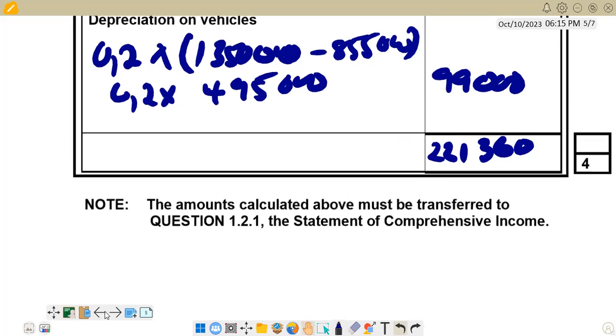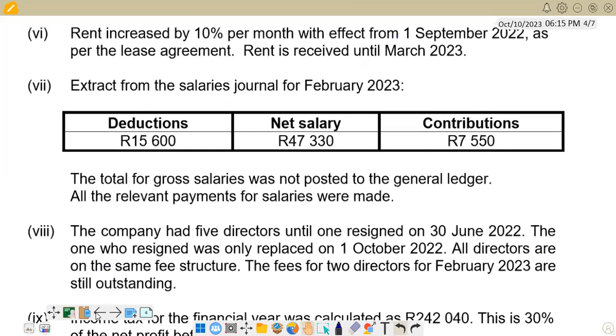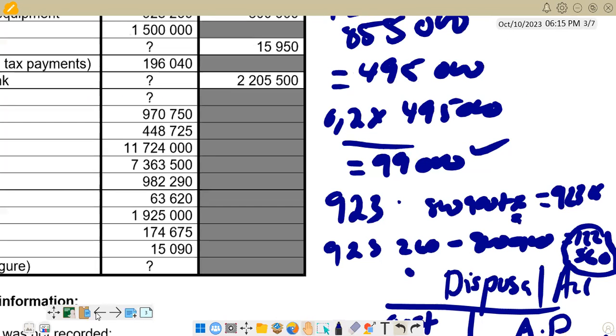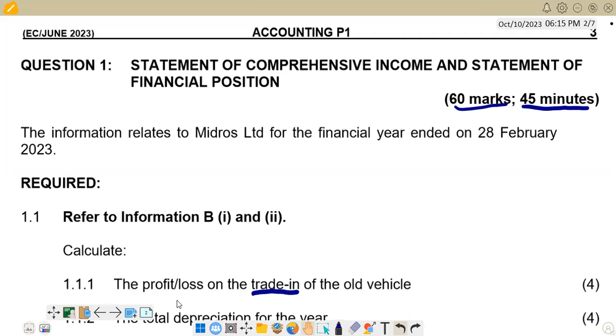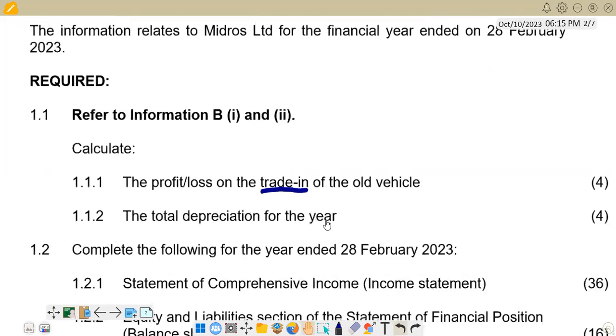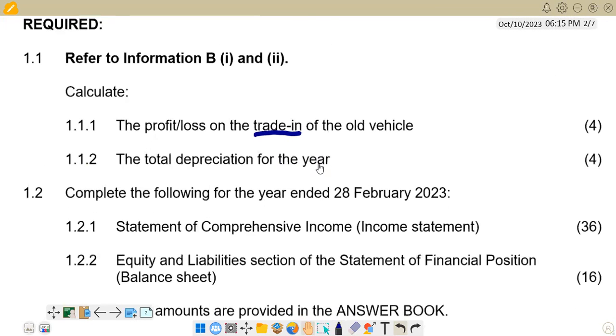Right, we move on to the next question. If you go back to the beginning of the question, you would see that our next item after total depreciation for the year is the statement of comprehensive income. We are now on 1.2.1, and the year end is still the same, it's 28th February 2023. So our statement of comprehensive income,